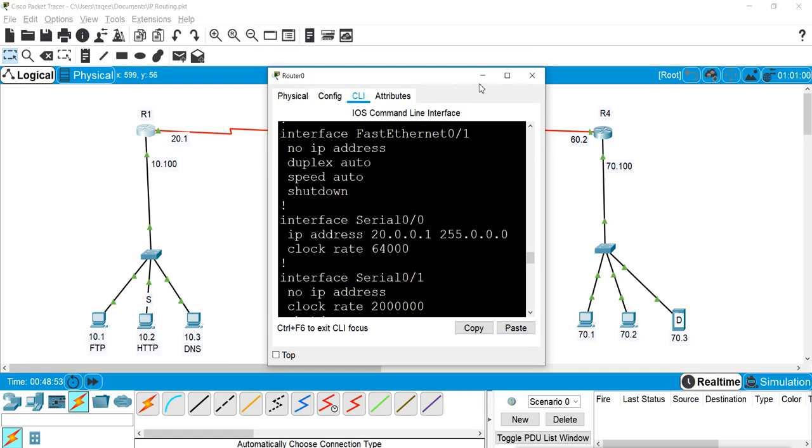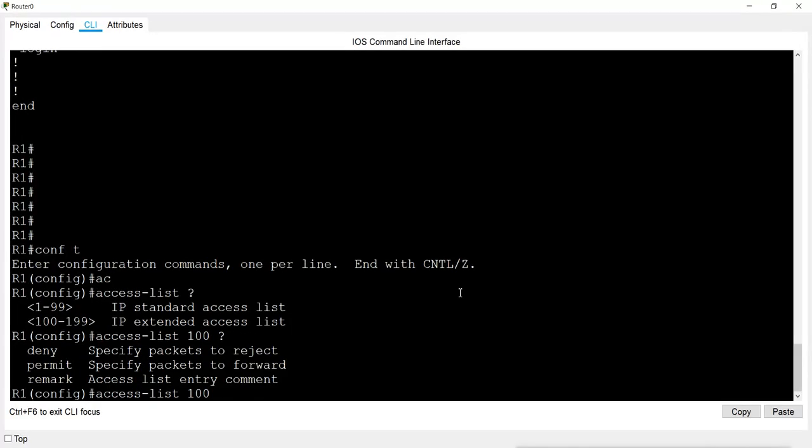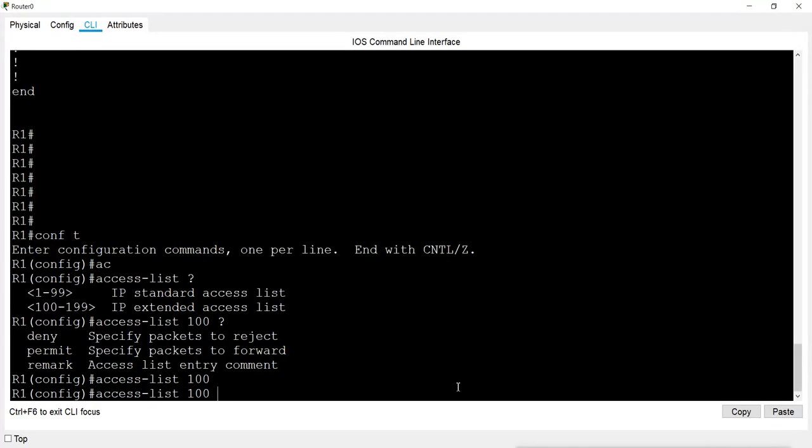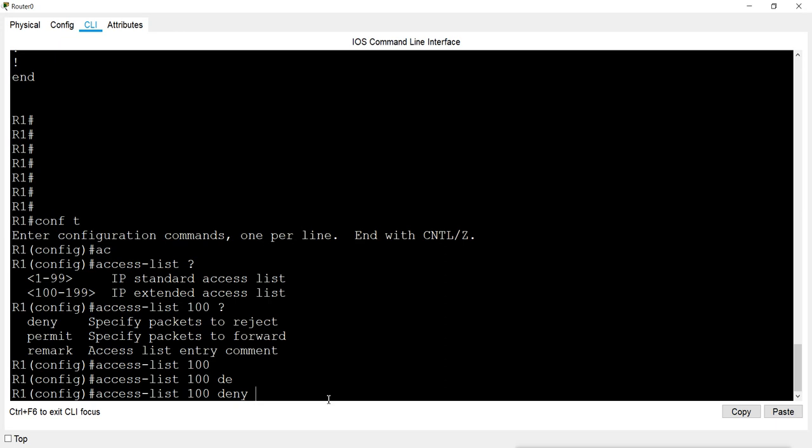So I will go to router 1 and access list 100, and I will start with deny. Remember, one per line, give commands one per line. So deny for one host, then go for deny other host, then go for deny other host.